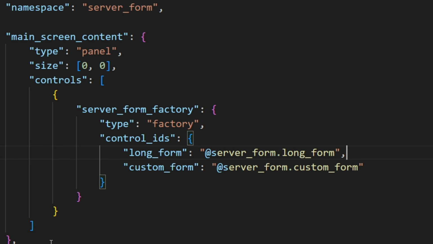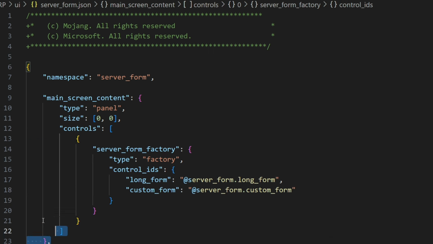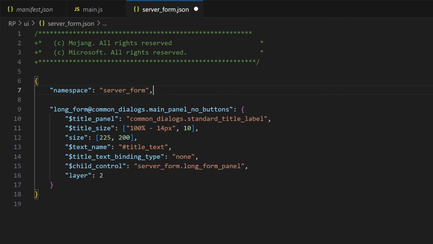For now, we only care about the long form, since this is the normal action form that we use with our scripts. The second one is the modal form data, which we are not modifying today. And this is why I only kept the long form element inside this file. Good, now that we understood this, we can just remove that as well, so we only have our long form.